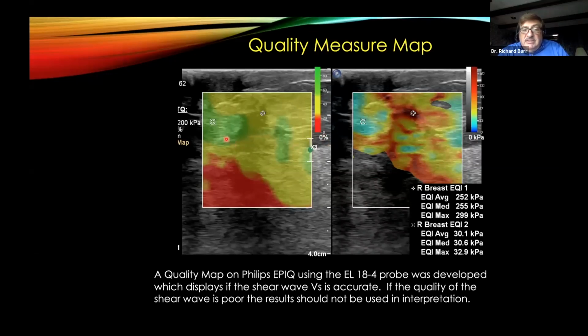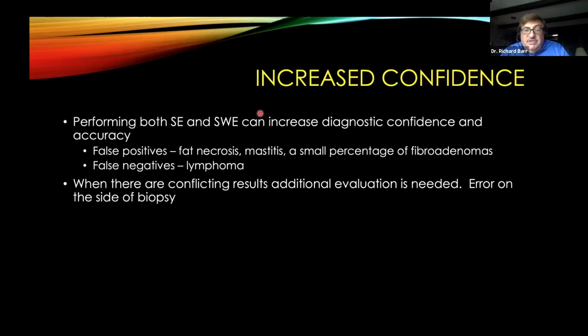And again, this is the same map that we're using in the liver. And again, we want to take measurements where they're green. Here I actually took it where it's yellow. This is another malignancy. You can see over here, the stiffness value that is the highest is actually in the tumor. And even though it's yellow, I went ahead and did our measurements.